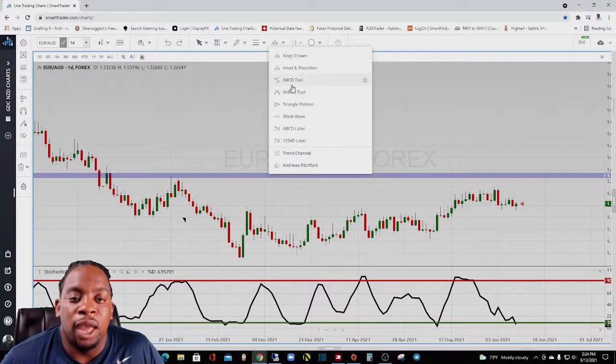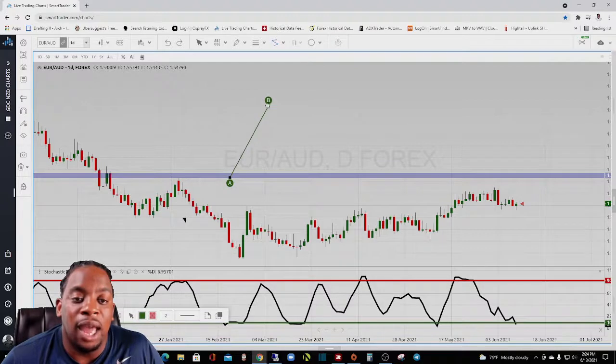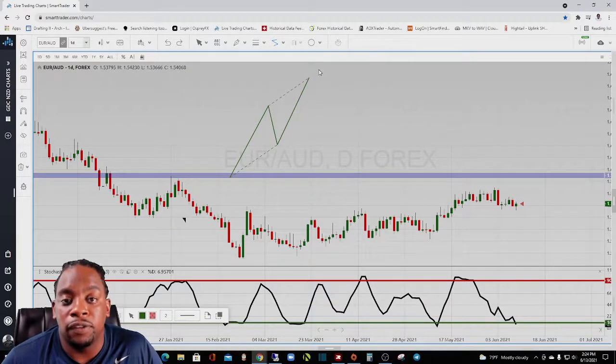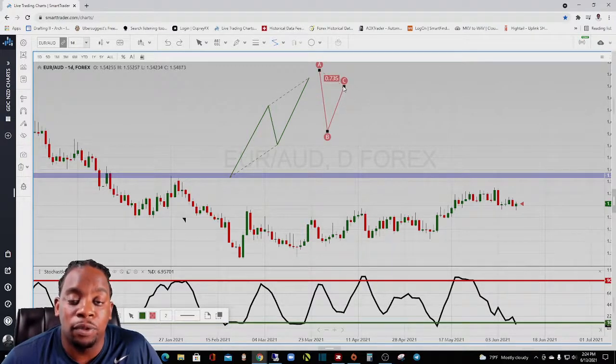From there, you have your ABCD tool. Your ABCD tool allows you to show the overall swing and what's happening with the market in a trending market. So you will left click if you're going to create the A. You'll left click where the B is or your fractal low. You'll move your mouse up to where the fractal high will be or the retracement area will be, which will